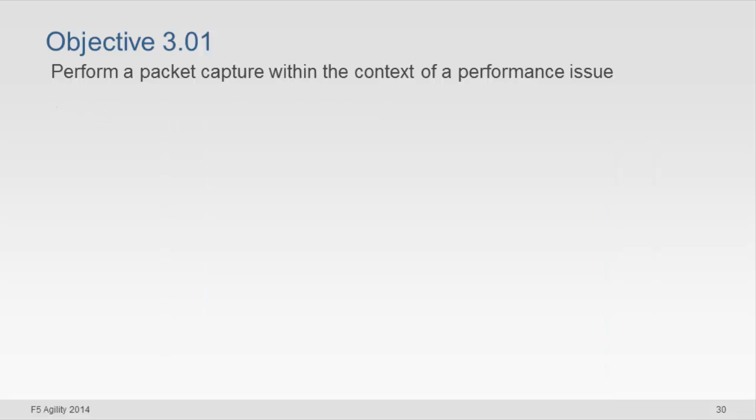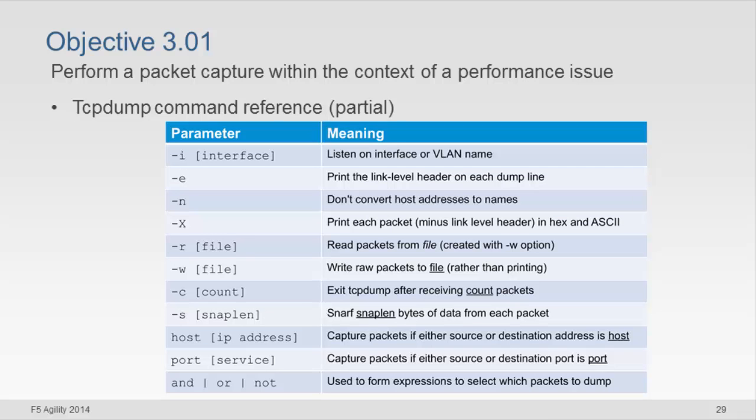I don't know that I have any command examples up here, so I might do some on the whiteboard here. But basically when you're issuing the TCP dump command, you're going to define an interface to capture traffic on. You're going to give it the switches necessary to capture the appropriate type of traffic. You can filter down on host and port and use Boolean logic to help you determine a good strong filter